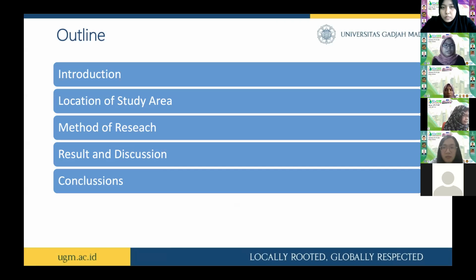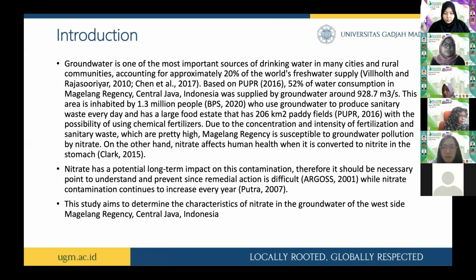For the presentation, the first is the introduction, then the location of the study area, third the method of research, then results and discussion, and the last but not least is the conclusion. First, the introduction: groundwater is one of the most important sources of drinking water in many cities and rural communities, accounting for approximately 20% of the world's fresh water supply. Based on PUPR 2016,